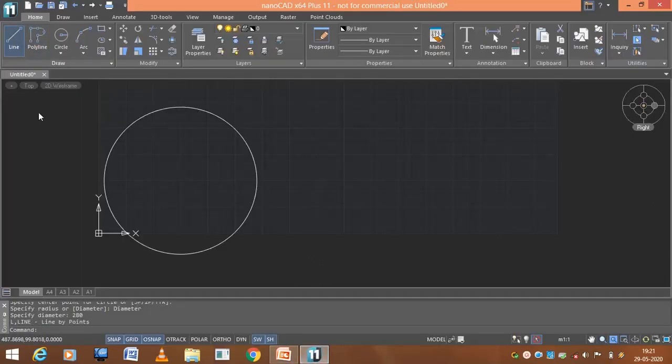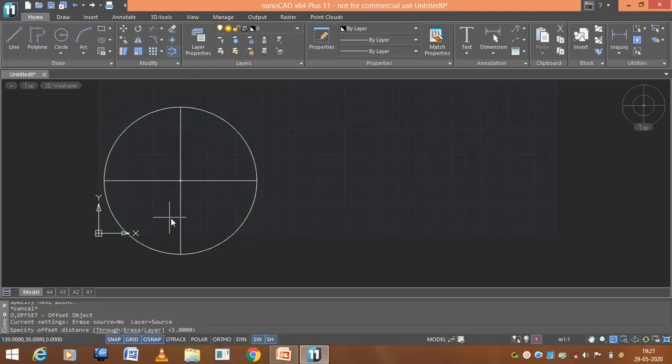So before that I need to draw an axis line which passes through the center of this circle. So this is your axis line. So I will go with an offset. So for horizontal steppings, the first distance is nothing but 250 divided by 2, right? And the object will be the vertical axis, and let me locate on one side. I will be locating on this quadrant.